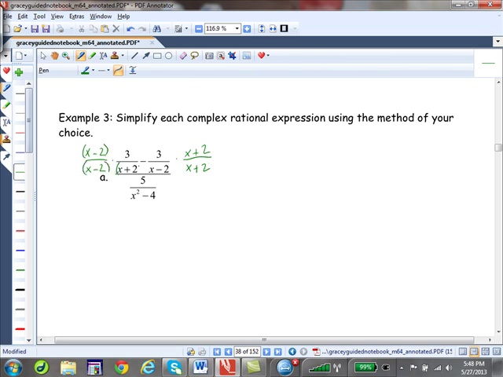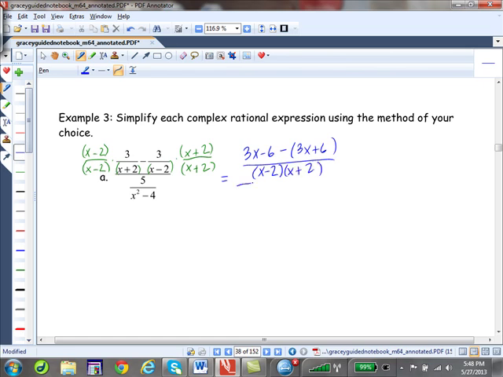We should put parentheses around these guys. And then we will have 3x minus 6 minus 3x plus 6 all over x minus 2